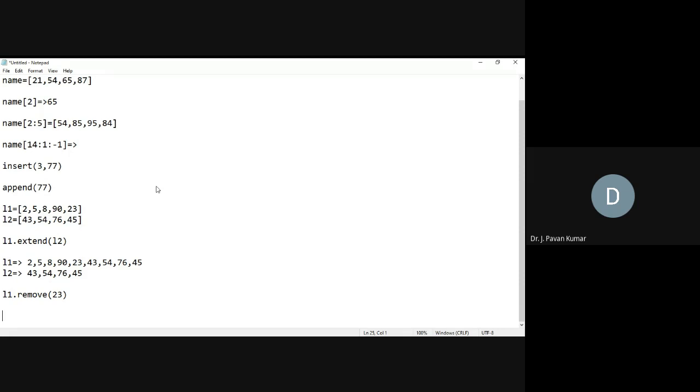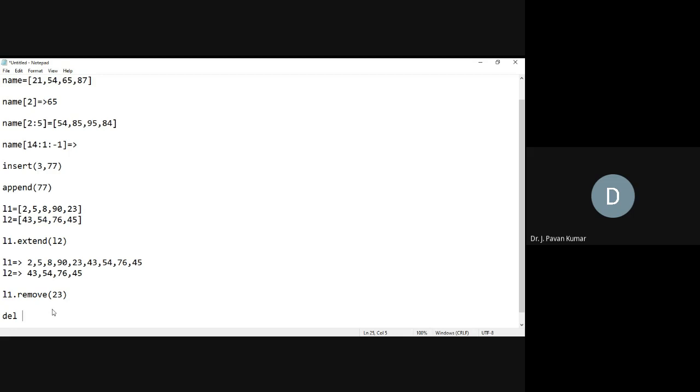After deleting 23, what will be the contents of L1? Except 23, all remaining elements will be there. Now, I wanted to remove the entire list, instead of removing a single element. Then we can use one function called del, delete.